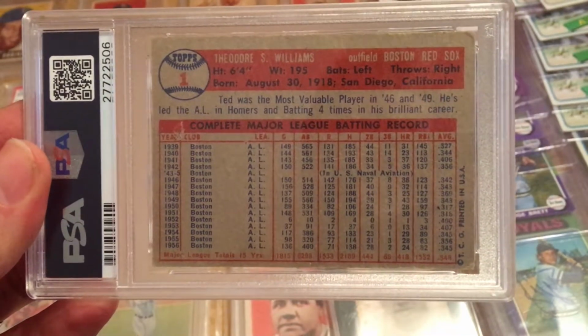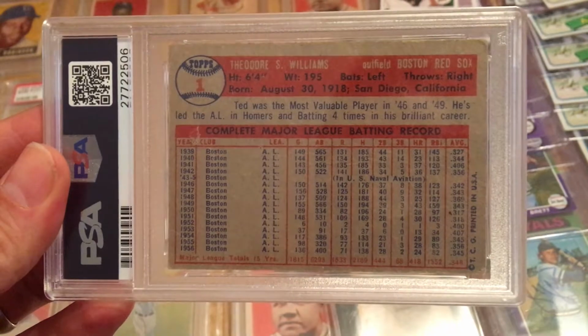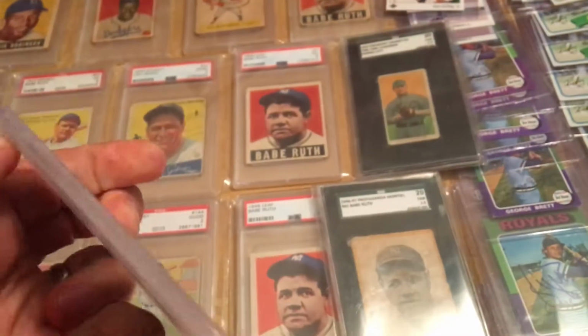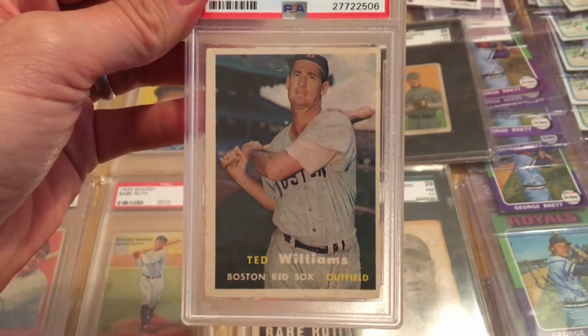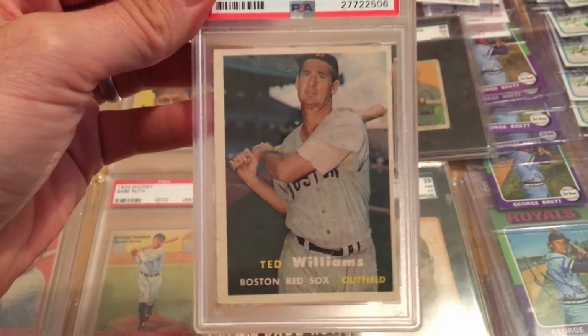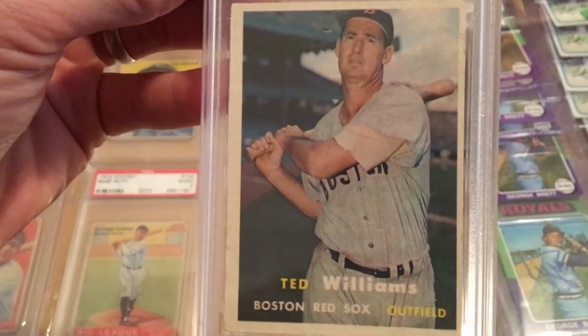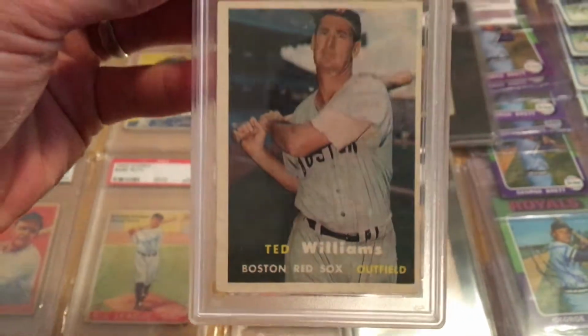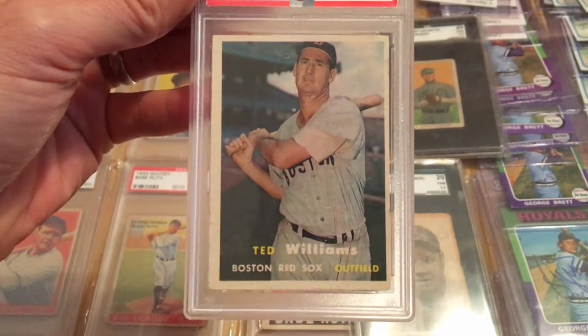That's why I try to stick with buy the card, not the grade. The higher up you get in grading, the honest truth is people are buying the grade. It's such a subjective system. But let's talk about this card and why it got a PSA 1